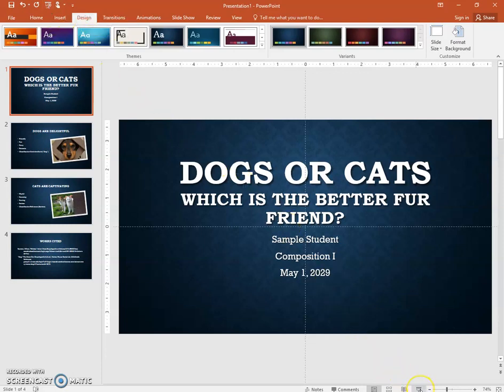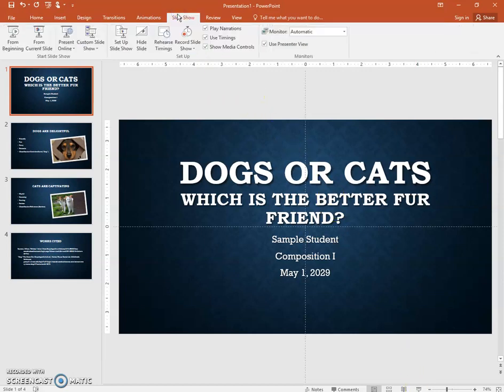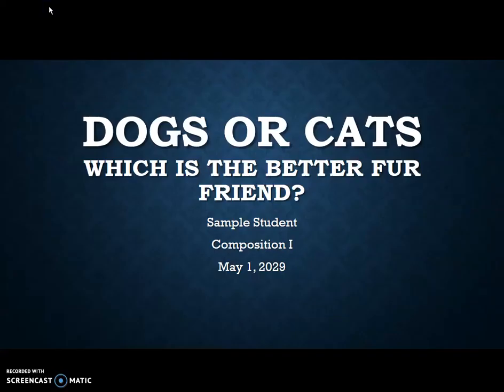There is this one down here that will start your slideshow, or you have a slideshow ribbon, which gives you many more options, such as starting from the current slide. And when you look at it,